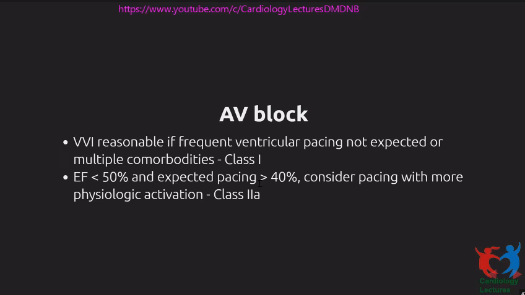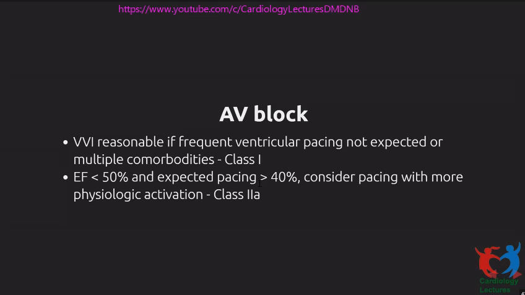Now VDD, the main advantage is that you can do VDD with 2 leads, and you can use a VDD pulse generator, which can save you some costs. So if a patient has a good sinus rate, then you don't really require atrial pacing. Atrial sensing is adequate. You can use a VDD pulse generator. But now there's usually not much cost difference, or you do not get separate dedicated VDD pulse generators.